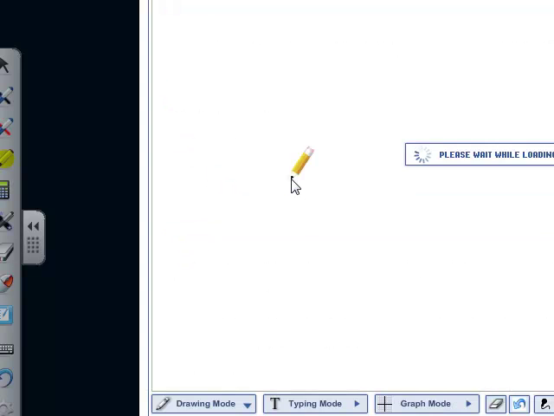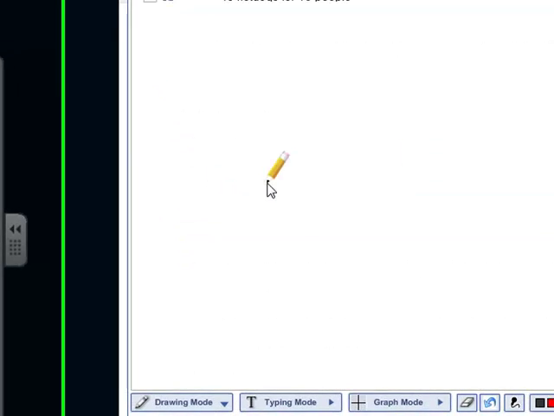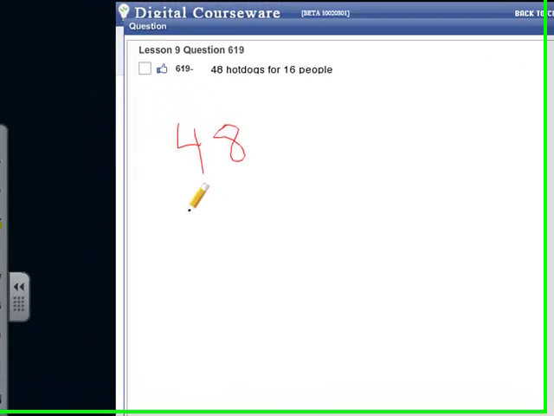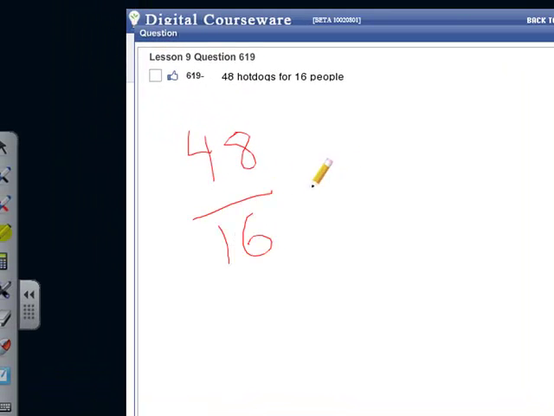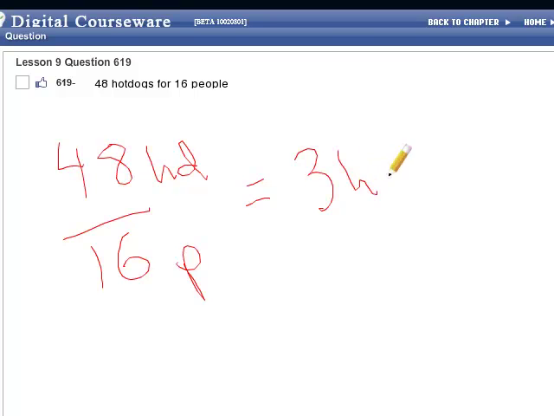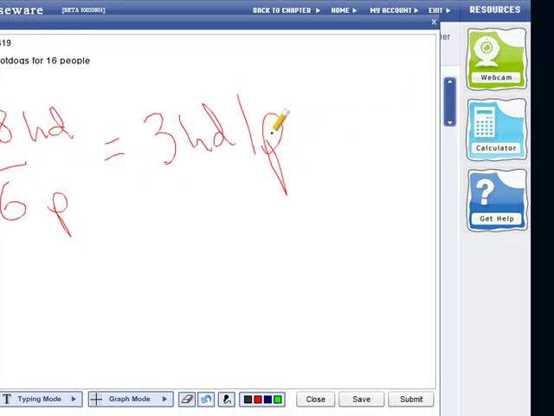I'll go pick a question. Here I have a rate question. I'll put together a solution. Notice you've added a red pen. I'll use the red pen. So 48 divided by 16, and this is in hot dogs per person. So I end up with 3 hot dogs per person as my solution. I'll click save